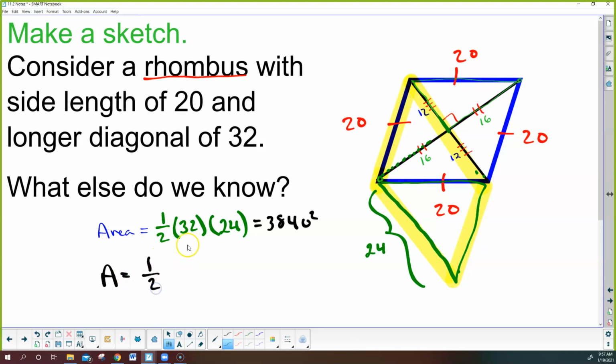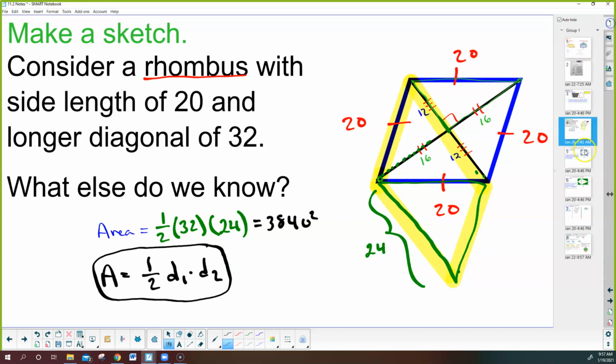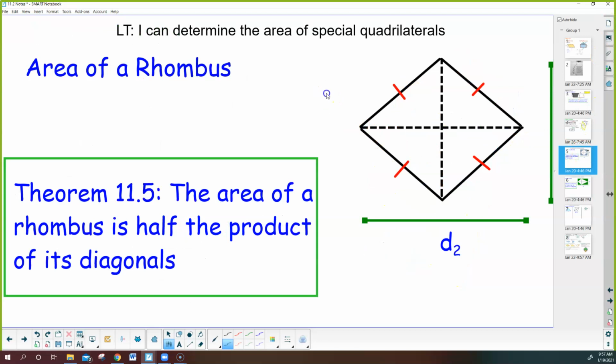this? This is 1/2. Well, where did the 32 come from? That was the diagonal 1, but we only wanted half of that because that's the height of the yellow highlighted parallelogram. So 1/2 diagonal 1 times what was 24? 24 was the small diagonal. So we actually generated, and this will be on the next slide, we generated the formula for a rhombus. Okay, so